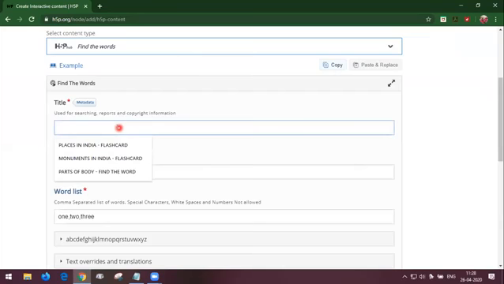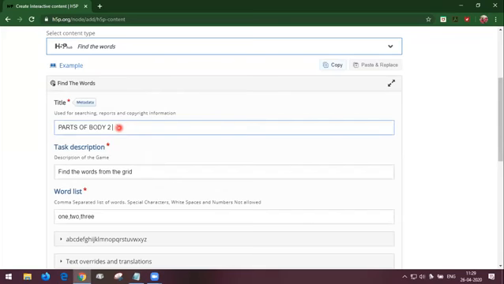Title, I'm going to give the same title, parts of the body. So this is the title I have given. Also, I am going to give what kind of tool am I using. You can see in my account page, I have created a number of contents, but I cannot identify what kind of tool I have used in that.